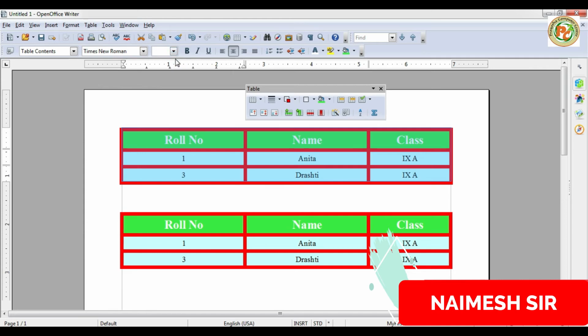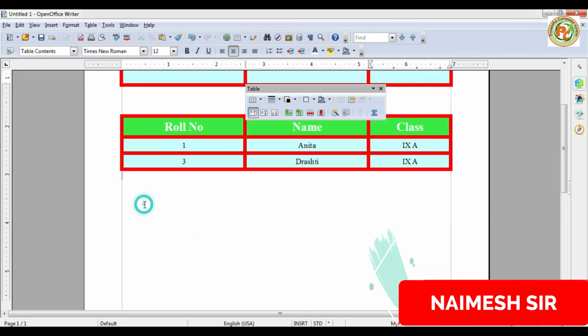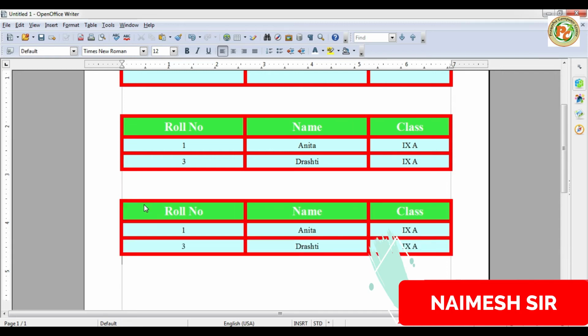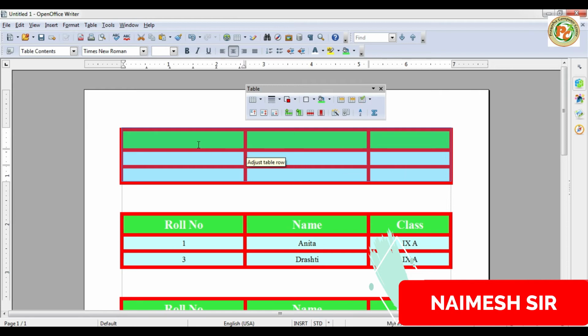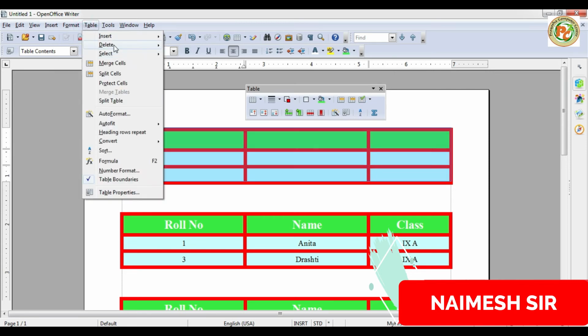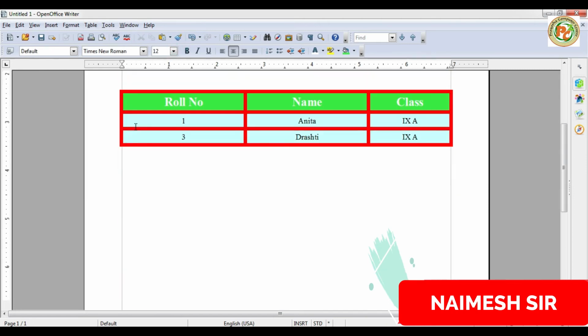Now press the cut option, or we can press Ctrl X and you can just paste it here, Ctrl V. So everything will be removed from here. Yes, we can select it and also we can delete the table here. So we can cut paste and move the table like this.